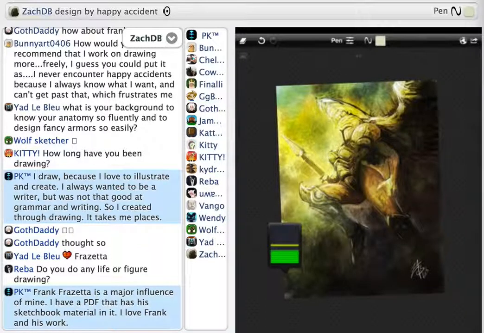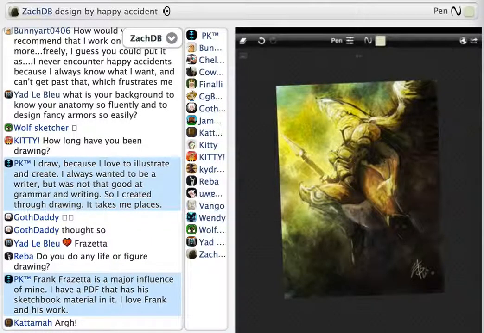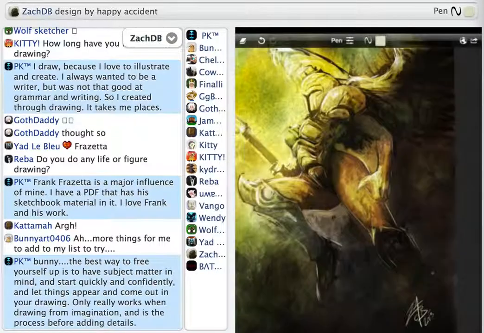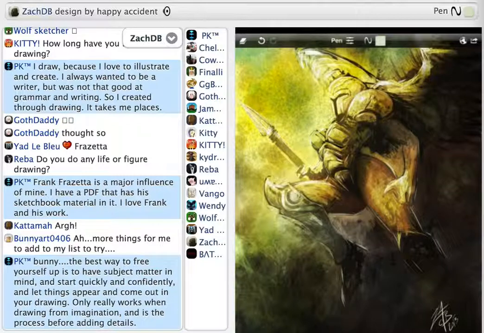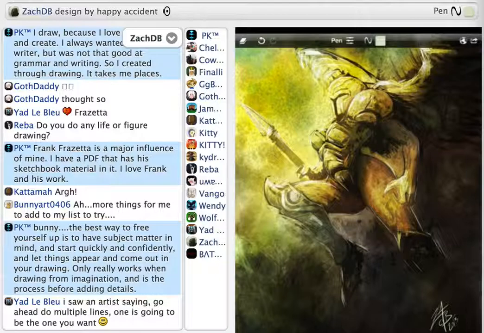The best way would be to have the subject matter in mind of what you want, but be free form about how it comes out. Start very loosely, start quickly, start with a bold stroke and have confidence in yourself and what you're doing. It'll allow things to appear on your page that you might not have thought of or you think is better. And this usually only goes for things that are not still life. If you're trying to draw from your imagination, always try and quickly get the idea out as fast as you can to the page before you start doing any detailing.